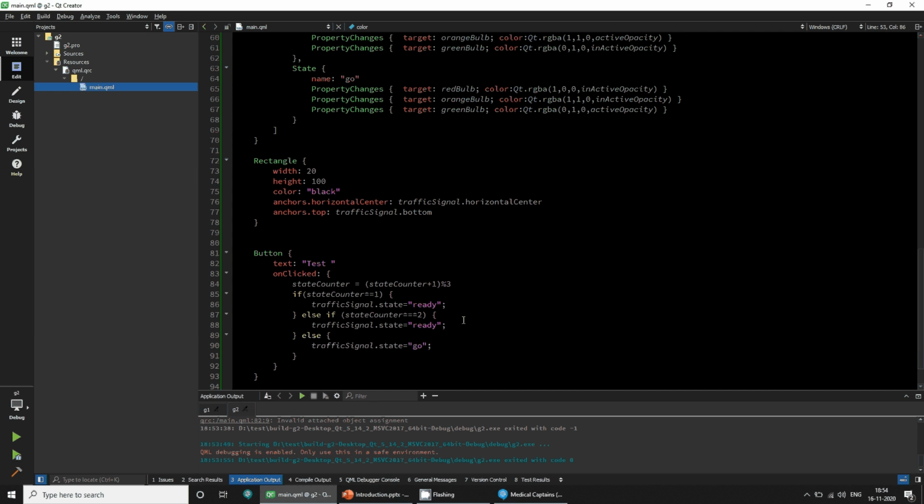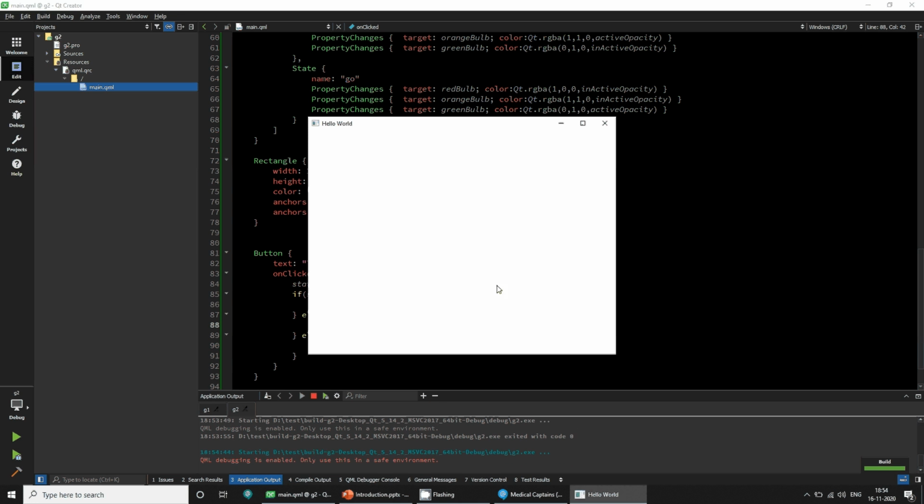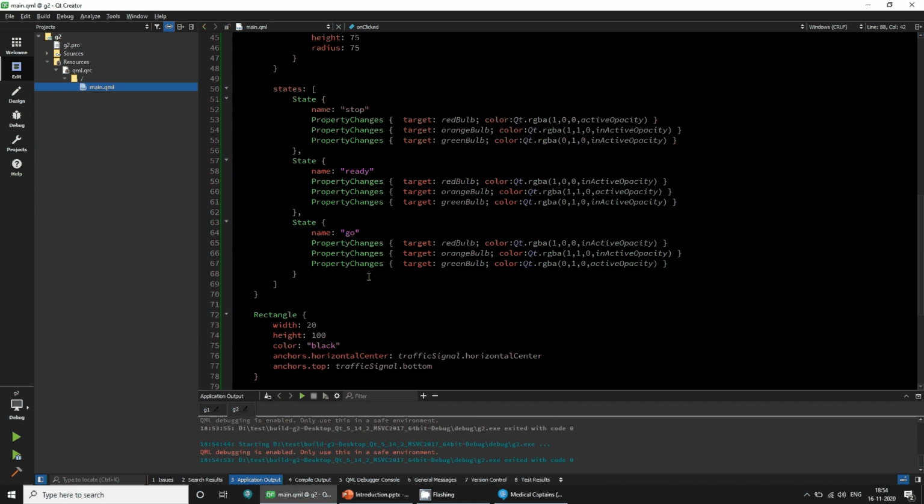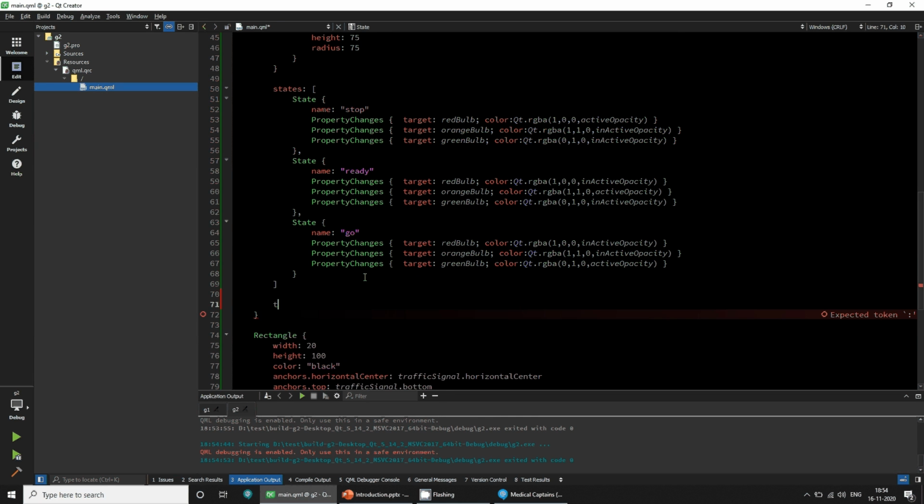Now, why is it not going to state counter plus mod 3? So if it is 1, ready, then 2, then 0, go. Okay, after ready, if it is 2, then it should say stop, and yeah, that's the problem. So 1, 2, 3, 1, 2, 2, 3, yeah, like that. It's changing the states, but now we want to add